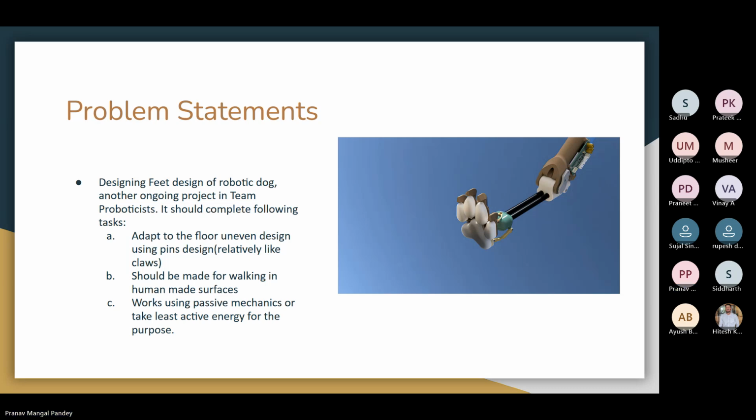And in that big problem statement, there's a small part. What is the small part? It is to design the feet of the robotic dog, which is another project from Team Roboticus, which should complete the following tasks. Number one,